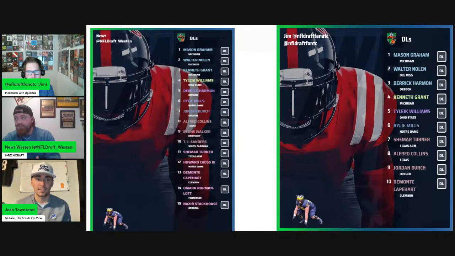If he gets hot, this guy can get rolling for a good 3 plays in a row and really impact the quarterback, make him move off his spots. And if he doesn't have the finishing numbers that you'll expect out of a pass rusher with his sacks, he'll definitely make an impact with his pass rush win rate and his pressure percentage. So this is a guy that in all likelihood will fall into day 3, and someone like the Eagles are going to take him, and we're all going to be like, oh gosh, here we go. But Howard Cross, 2nd-round production and the 5th-round body, I love everything that he brings to the table.